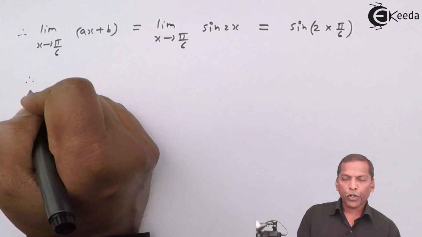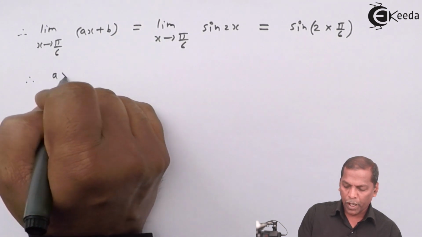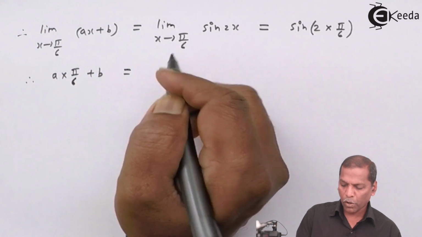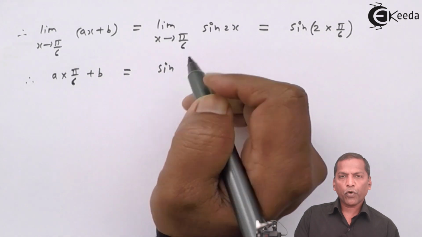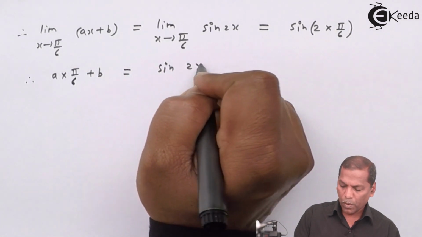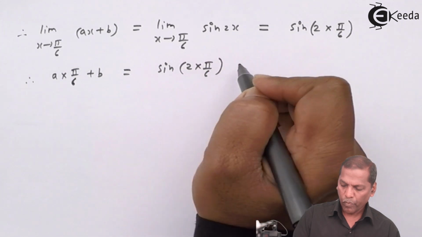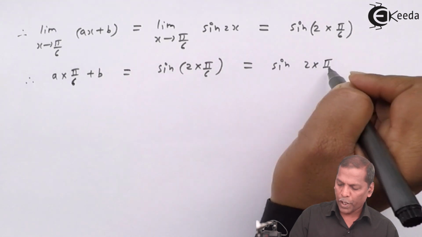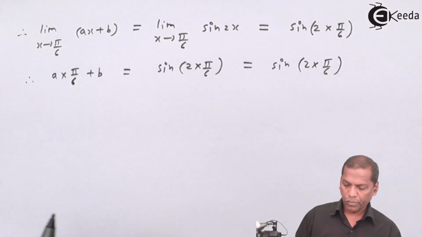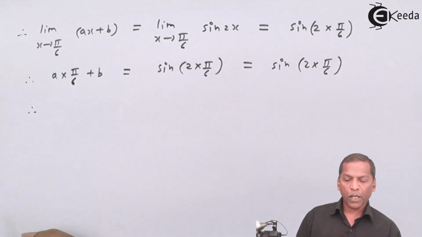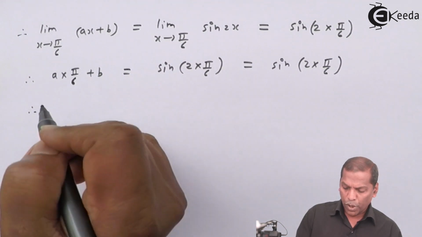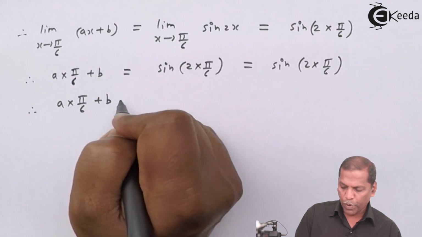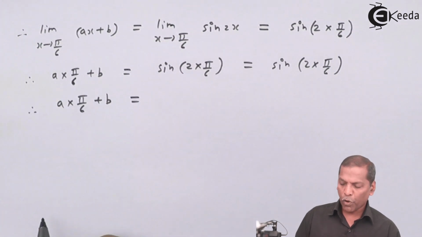Now here we have to substitute the limit. So the next step will be a into pi by 6 plus b, that equal to sine of 2 into pi by 6, and that equal to sine of 2 into pi by 6. We write as it is. So this gives us a into pi by 6 plus b, that equal to, now here we go for cancellation,